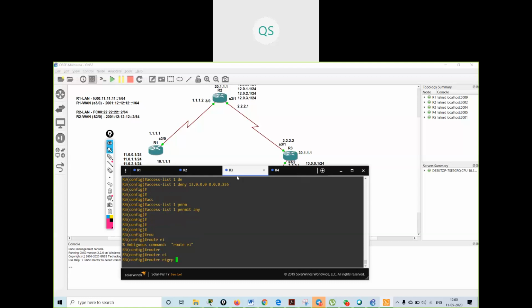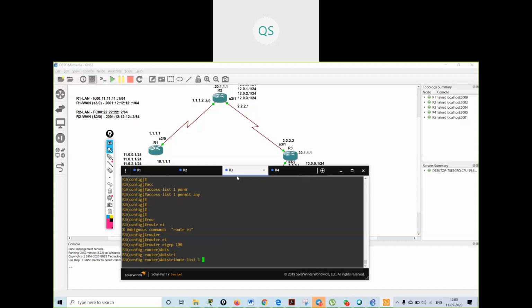Then I will go inside router EIGRP 100 and give one command, distribute-list 1. On which interface I don't want to advertise? I want that R2 should not get my 13 dot network.